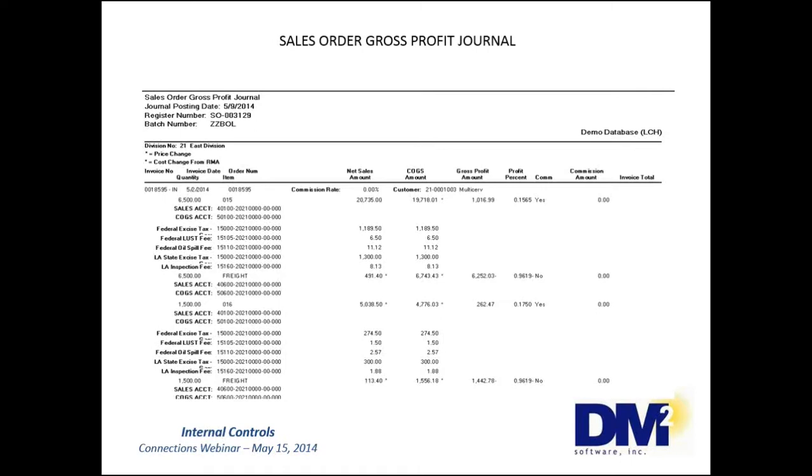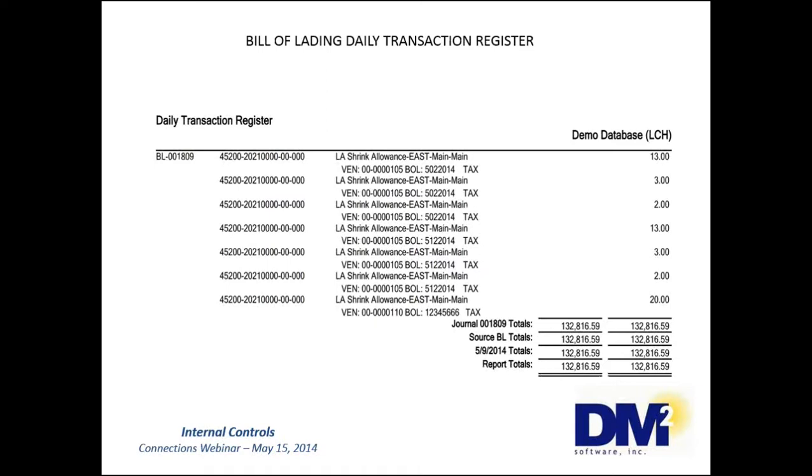On our next slide, we have our bill of lading daily transaction register. The bill of lading daily transaction register is the first DTR that will print following the sales order journals and invoices. This is also the point of no return. Once you post the DTRs, you will have to do a credit rebill. In prior versions, this report would have printed when you were done entering your bill of lading, creating a need for a credit rebill if there was a problem found when reviewing the sales order journal. Now the DTR prints after the gross profit report has been approved, reducing your need for credit rebills.